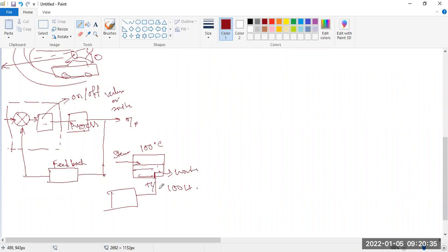After a few days you can understand what is TC, what is RTD, etc. This is the temperature sensor. It will sense that it is 80 degrees centigrade, then it will tell the comparator that there is a deviation of 100 to 80 degrees. So there is a deviation of 20 degrees centigrade, then it is allowing the steam